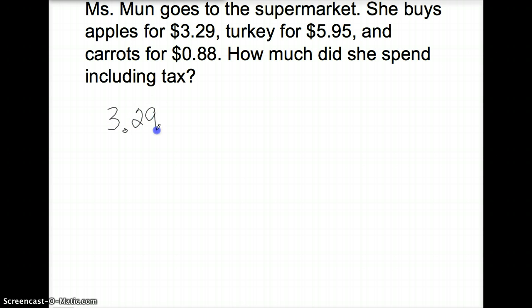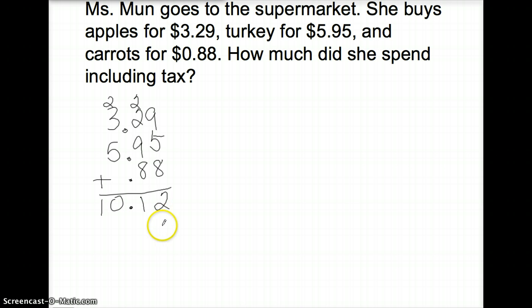So we have $3.29, $5.95, and 88 cents. And when we add them, 9 plus 5 is 14, plus 8 is 22. 2 plus 2 is 4, plus 9 is 13, plus 8 is 21. 2 plus 3 is 5, plus another 5 is 10. So the total cost of the items is $10.12, but we need to figure out how much she paid including